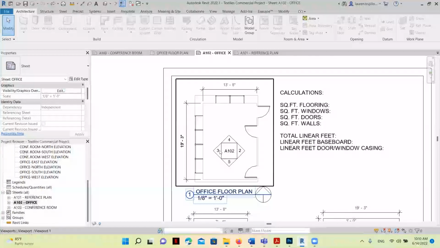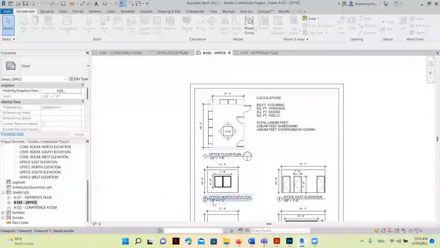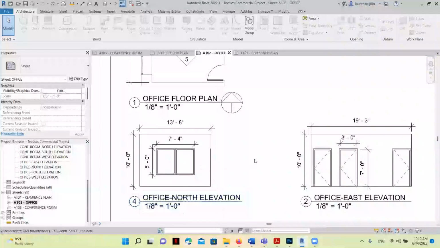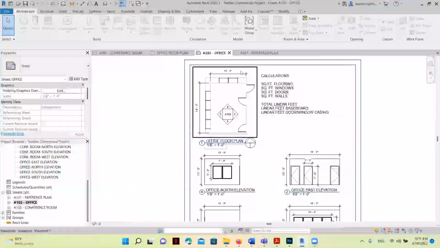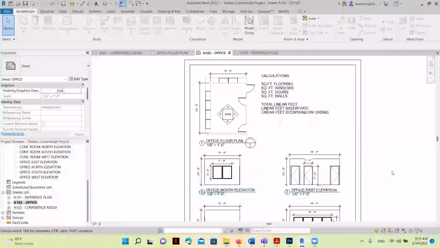So if I stand right here and I look in the direction of this 4 arrow, looking at this wall, and I go down to drawing number 4, you can see I'll see exactly in this drawing what the viewer would see here. I would have the wall itself, and then I've got the windows right in the middle of the wall. You can see the length of the wall is the same, 13.8 on the plan, 13.8 in the elevation. And then you can see the wall height here is 10 feet, 0 inches. As I hover over drawings in Revit, this black box appears. I'm sorry, that's a little distracting.